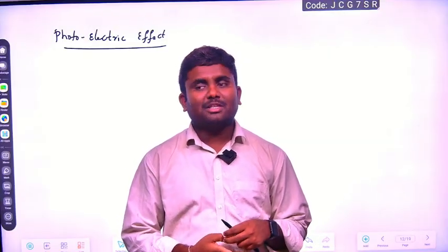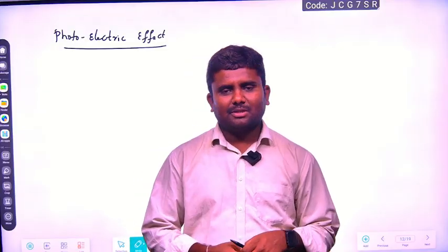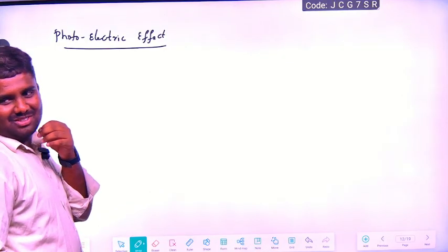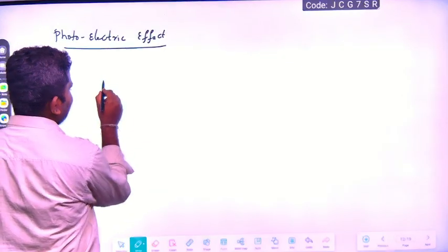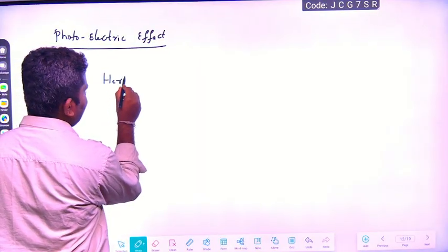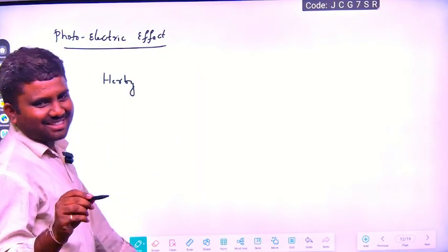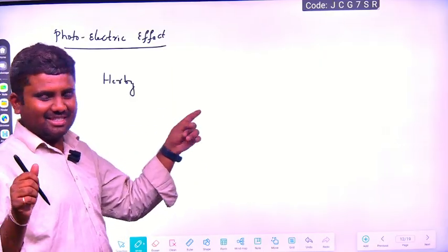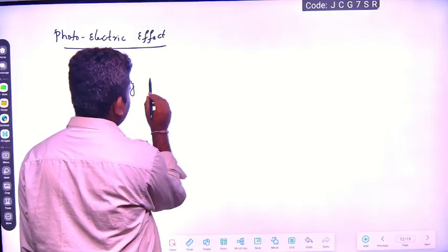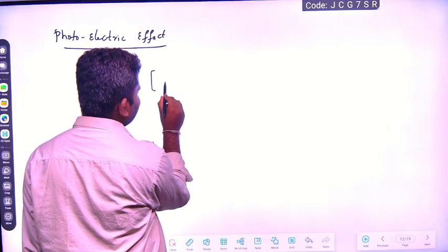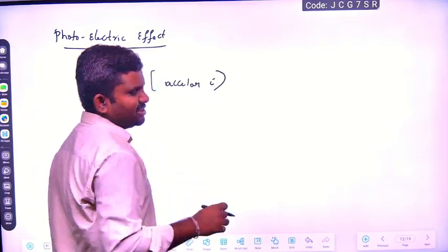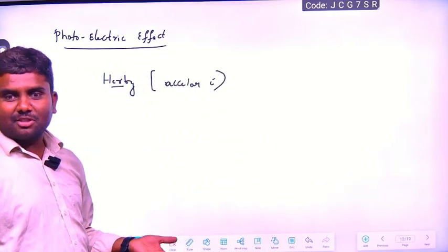Who first observed this photoelectric effect? It was observed by Hertz. Photoelectric effect was first observed by Hertz. You know where you will use Hertz? Frequency unit is Hertz, correct? This is Heinrich Hertz. What he did is, he was in a lab, accelerating charges, and accelerating charges produce